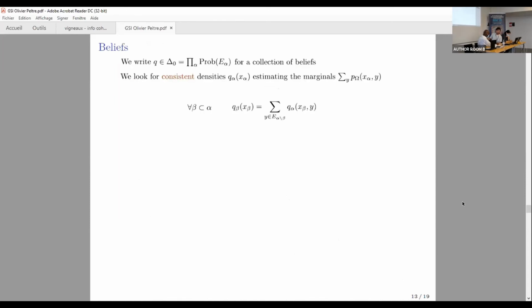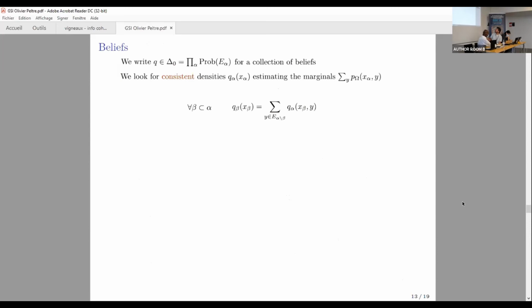And so we look for things to approximate the marginals. So we look for consistent collections of local probabilities. And these are called beliefs, basically because they are local probabilities that may not be consistent. And because these marginals, these true marginals, they come from this marginalization of a very large probability density that